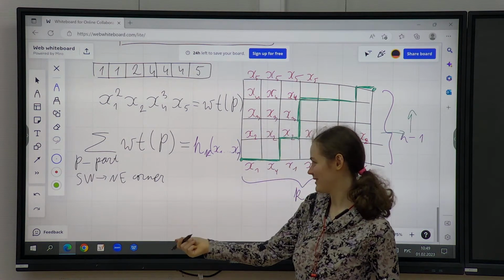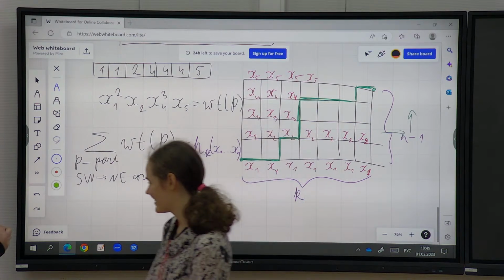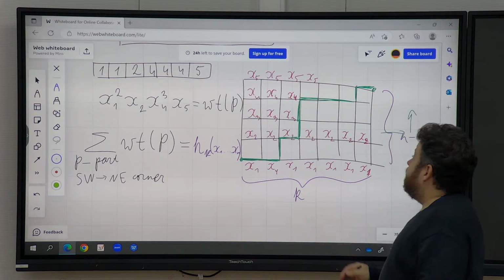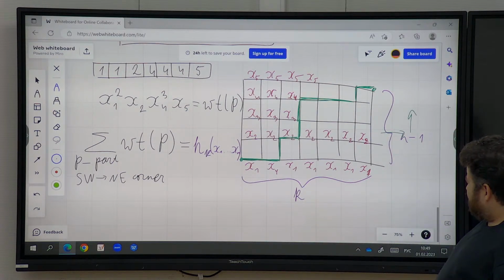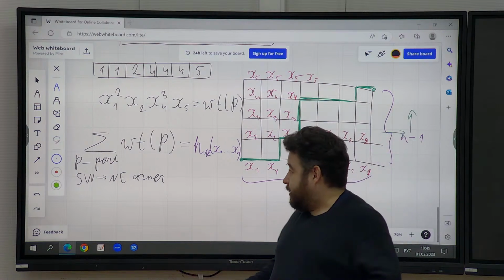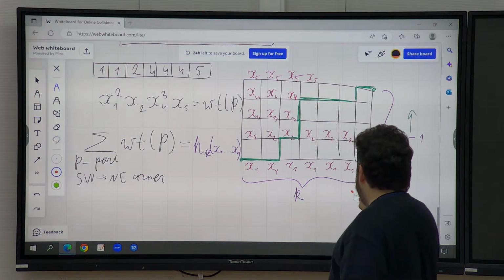Okay, let's continue. Yes. And I've got a strange question. What if we take this monomial and do the following thing? Let q be some parameter. So what if we take h